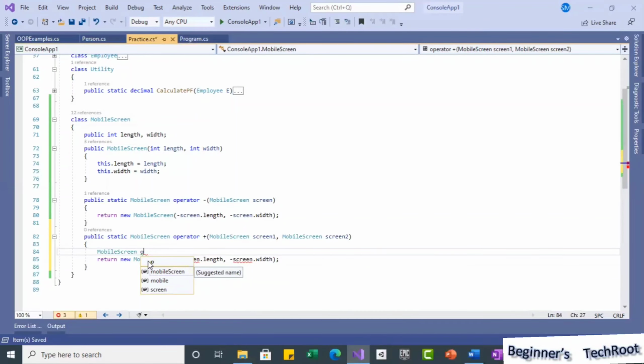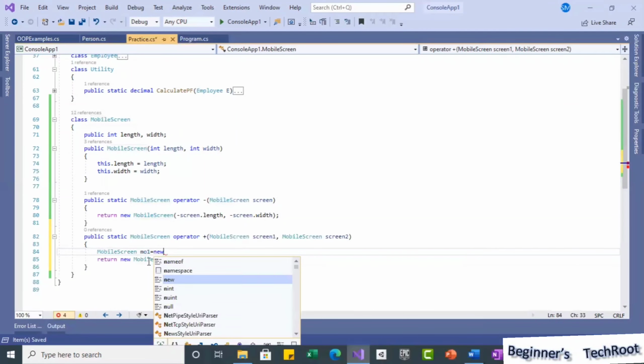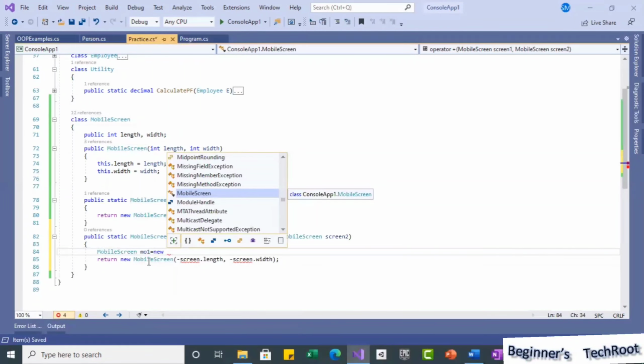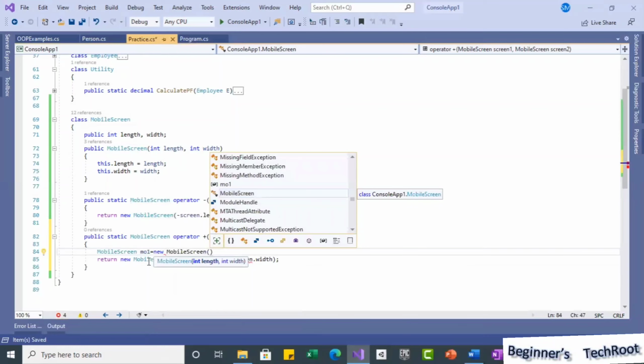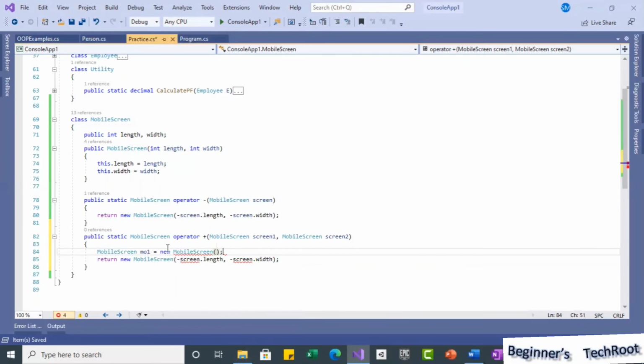objmo1, mobile object 1, equal to new mobile screen, and then two parameters we need to pass, right? While passing the two parameters, I am just going to add them. So here, screen1, I will take the first screen1.